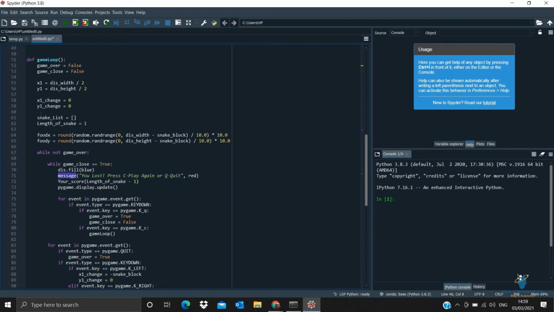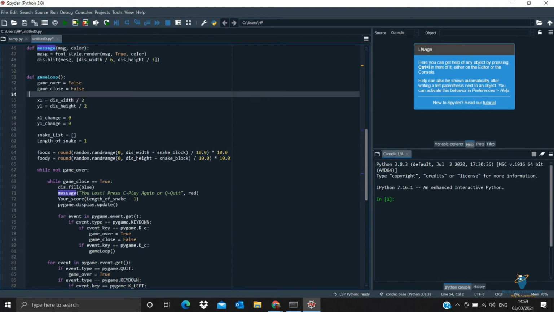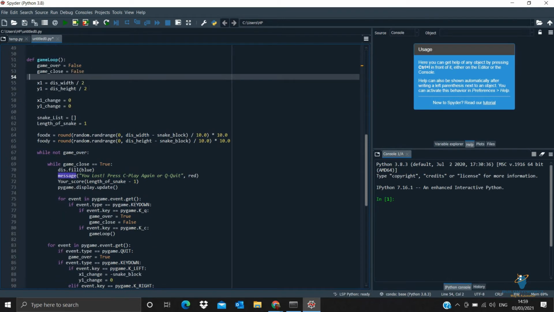When your snake touches the display's end, or when your snake touches itself, then you will get out. So by default we have created new variables, that is game over and game close. By default we are giving the variable false, and inside this we will assign the formula, so that you can play and continue your game.